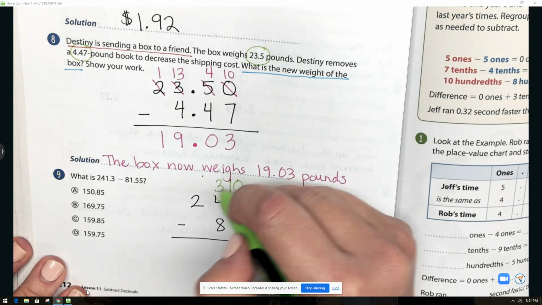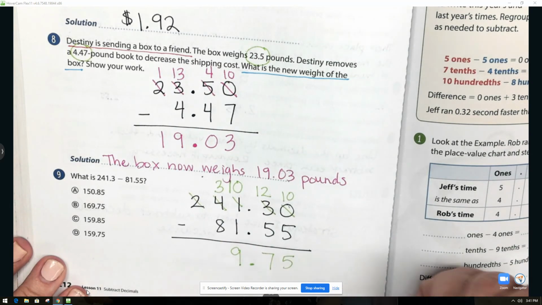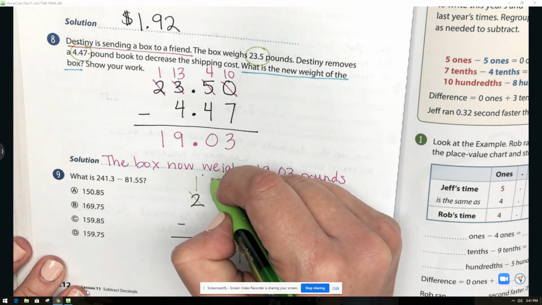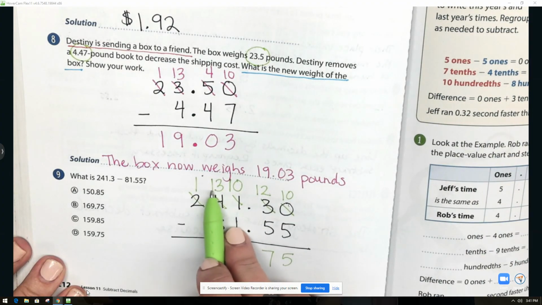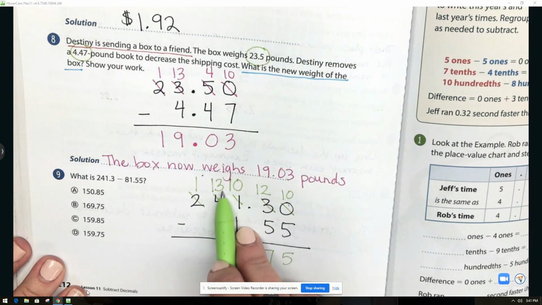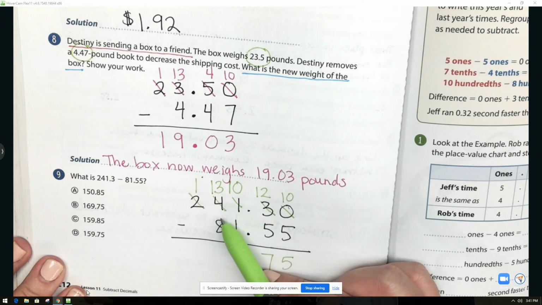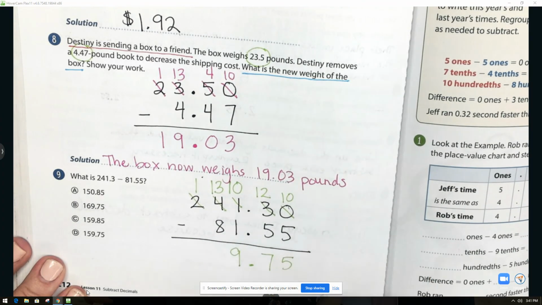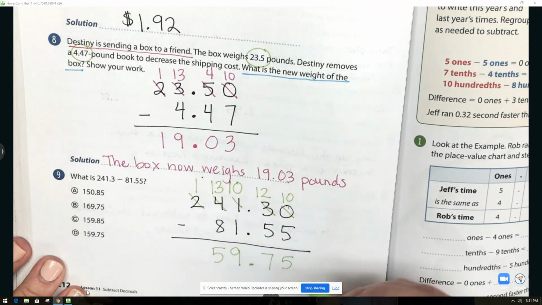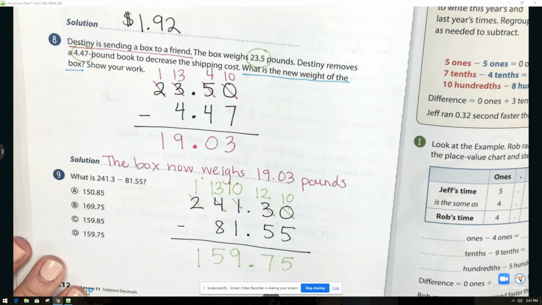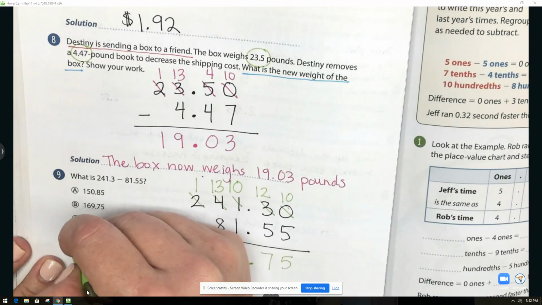I cannot take 8 away from 3, so I'm going to regroup and take 1 hundred and change this to 13 tens. I added 10 tens to 3 tens. So now I have 13 tens minus 8 tens is 5 tens, and then 1 hundred minus nothing is 1 hundred. So my final answer is D,